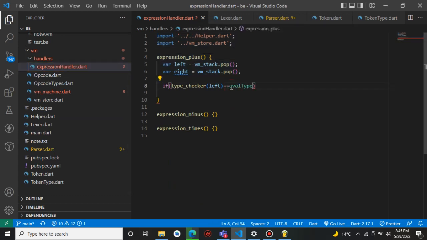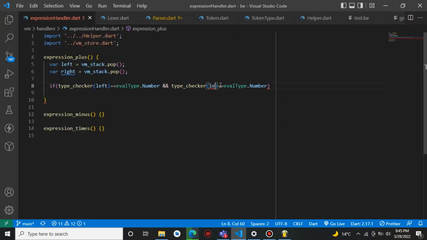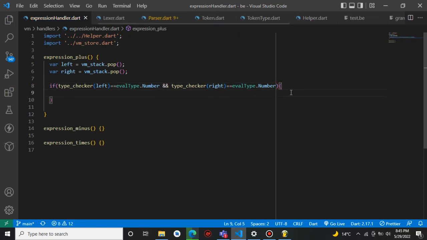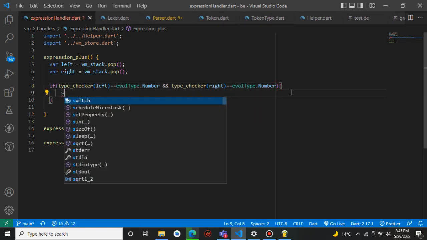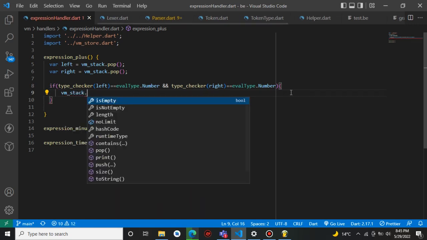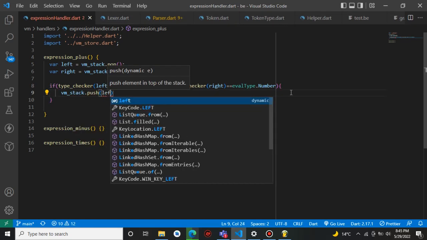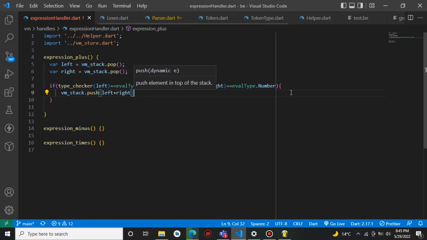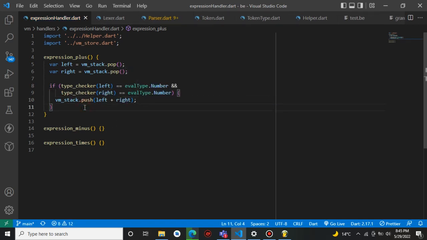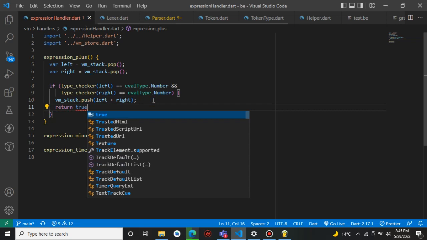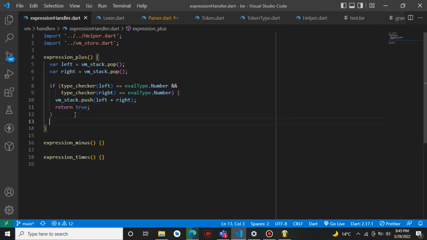So if eval type dot number and right, it's a number, and then that means we can say stack VM stack dot push left plus right. Return true just to exit the loop, and then